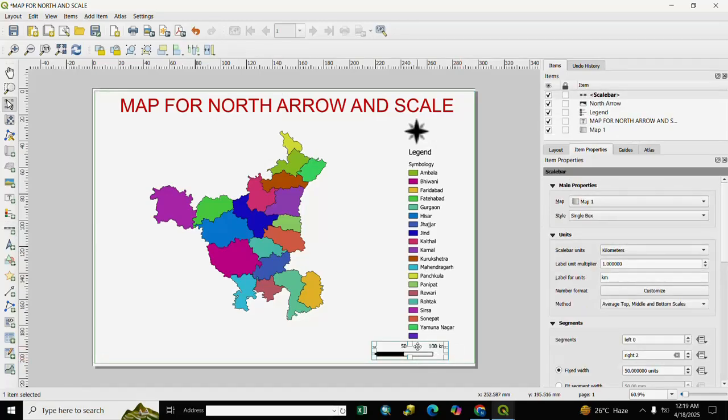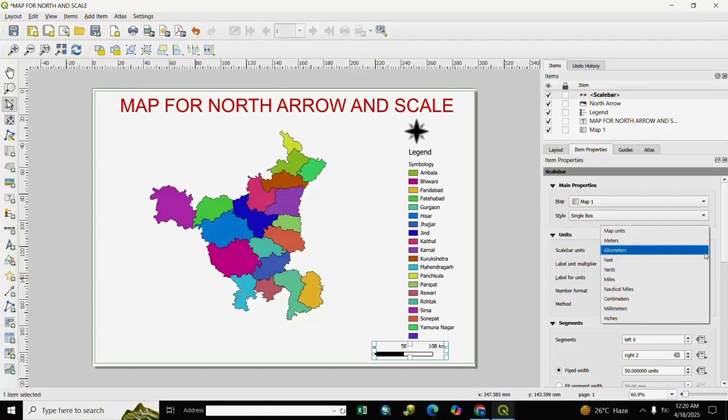Here is our scale, we adjust as per our requirement. We click here, and if you want to change the property, you go to item property, we already opened it. After it, if you want to change the scale unit, you select unit here, as per your requirement: meter, kilometer, feet and yard.